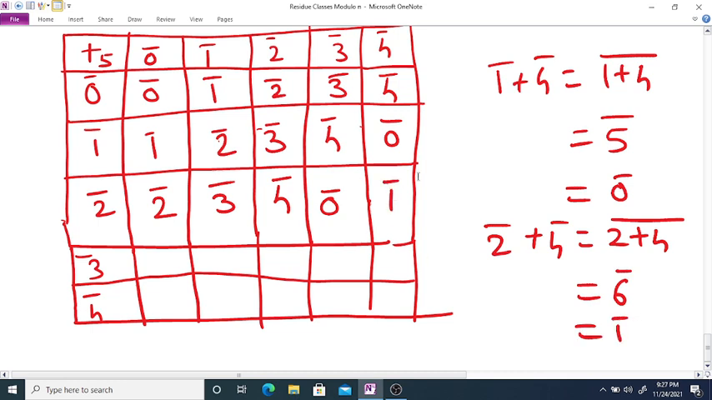So now next, 3 bar plus 0 bar is 3 bar, 3 bar plus 1 bar is 4 bar, 3 bar plus 2 bar is 5 bar which is 0 bar, 3 bar plus 3 bar is 6 bar which is 1 bar, and 3 bar plus 4 bar is 7, 7 is what? Again 2 bar. 4 bar plus 0 bar is 4 bar, 4 bar plus 1 bar is 5 bar which is 0 bar, 4 bar plus 2 bar,